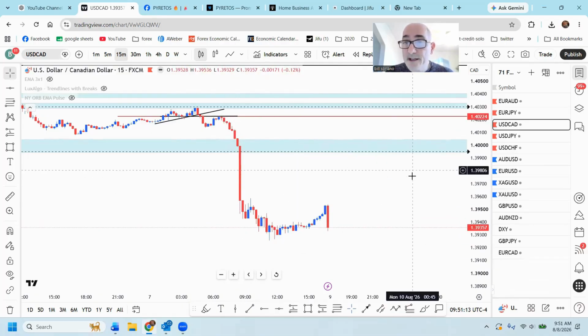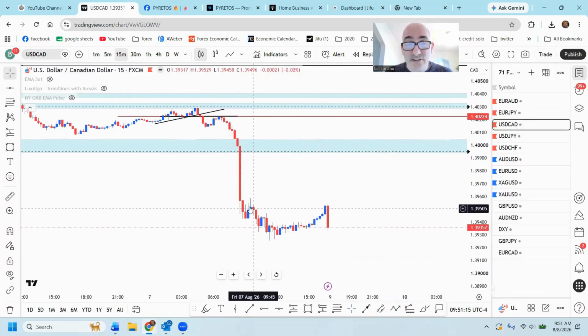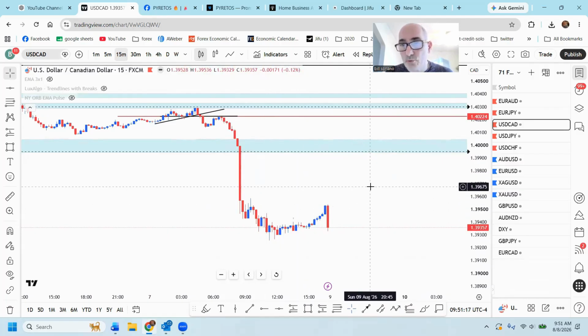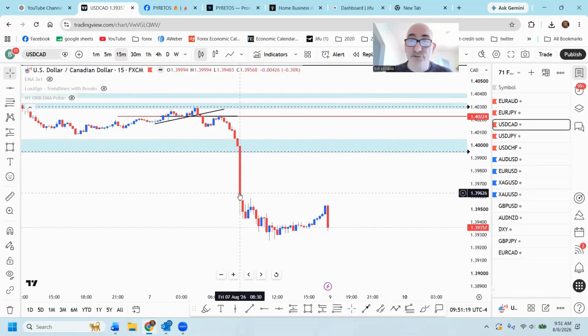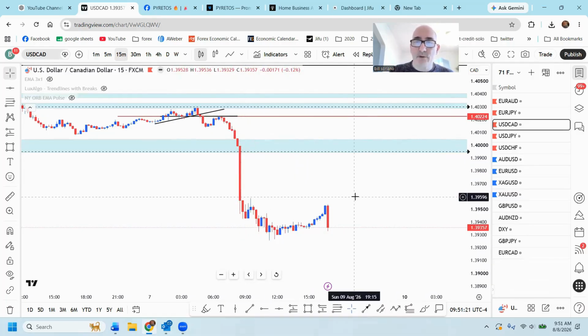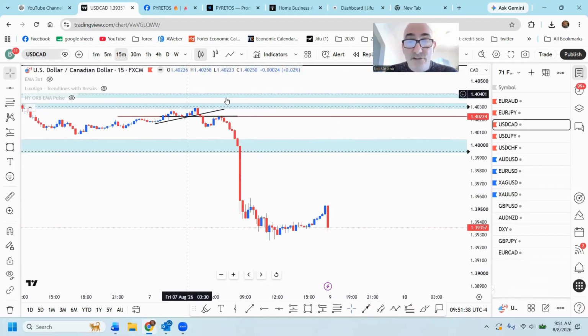But most of these pairs on Friday just kind of consolidated or pulled back a little after this news move here. Of course, I wasn't in any trades on Friday. I'd gotten out of my gold trade in the morning before the news hit because I didn't want to take any chances dealing with the news, even though it has been pushing price in my favor lately. You never know what's going to happen there. So the area we're looking for price to come back to here is